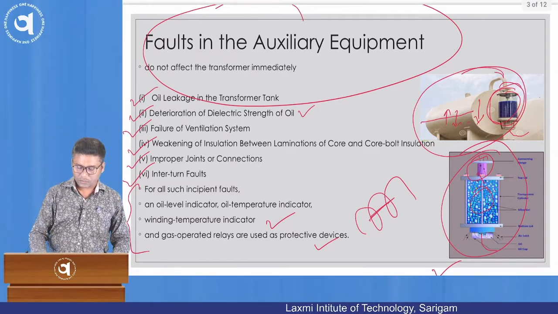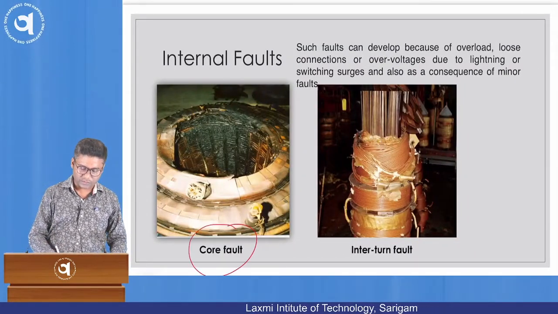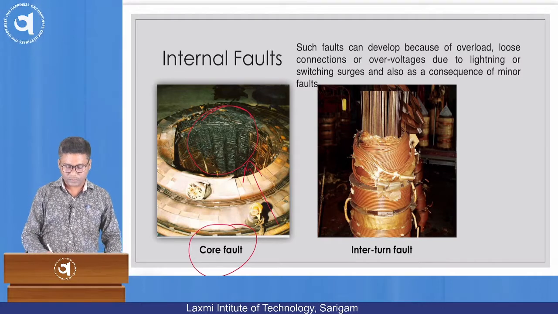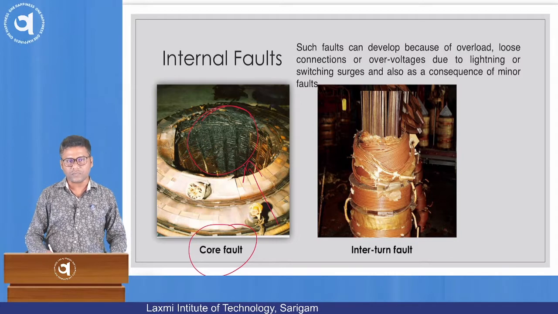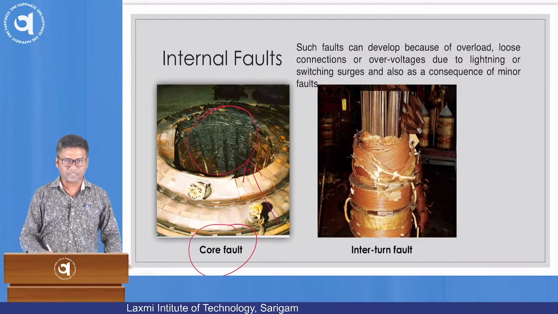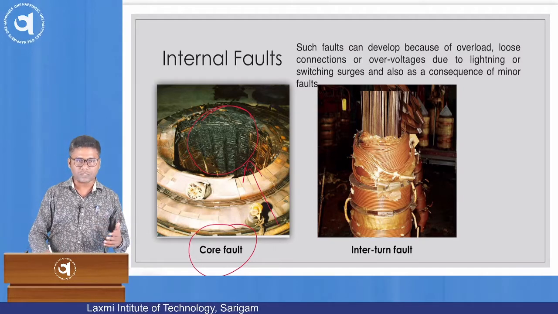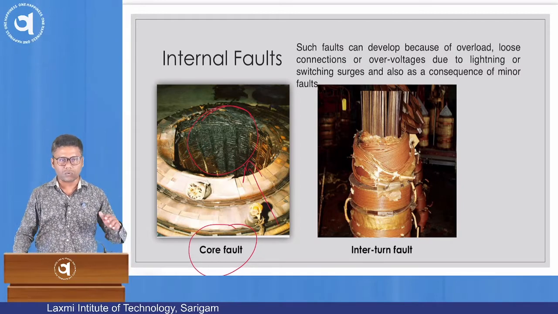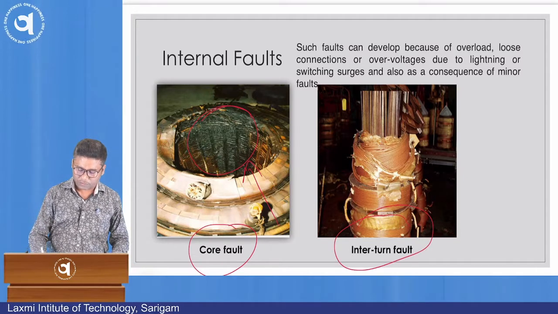Okay. So, now let us see some of the internal fault images. This is the core fault image, you can see over here. This is the actual core fault that happens in the transformer. This will impact the overall transformer a lot. It will damage the transformer hugely, and transformer replacement, sometimes even overall winding replacement, may be required. That will cost a lot, because in a huge power transformer, the cost goes into the lakhs of rupees.